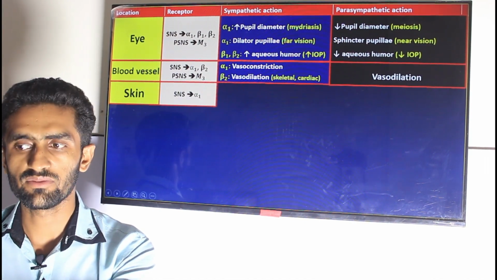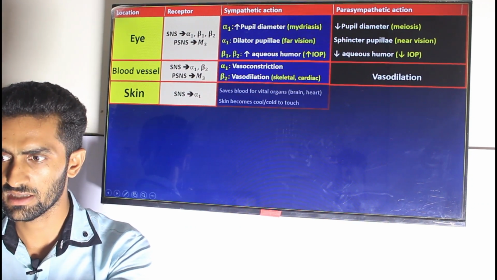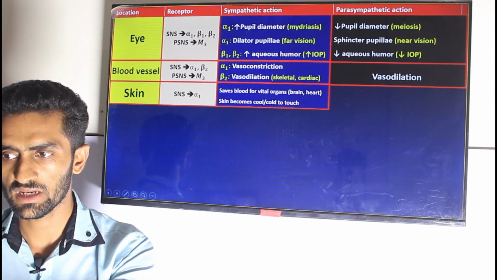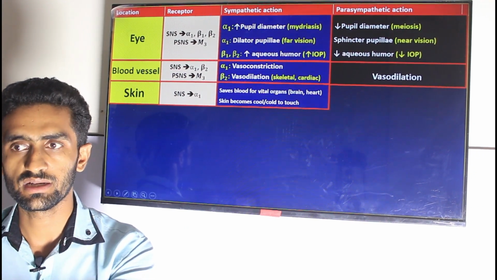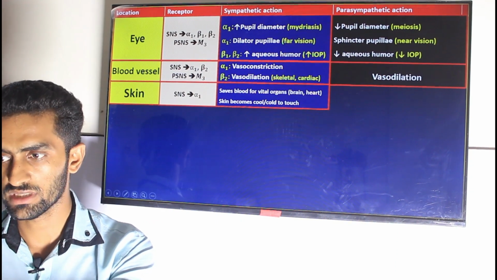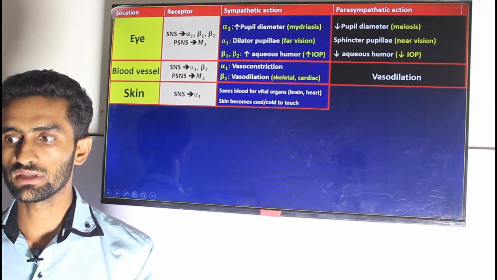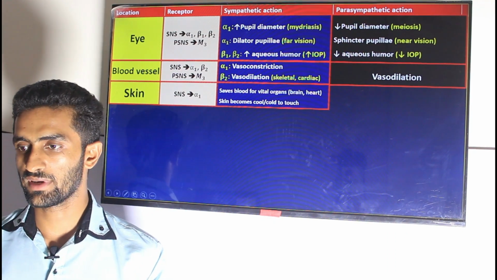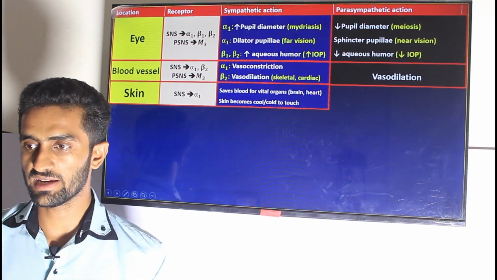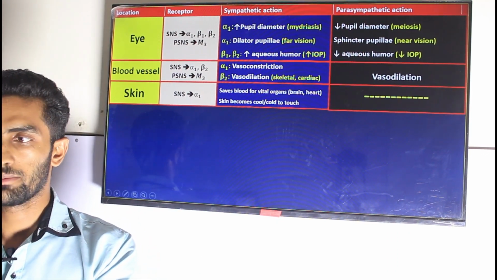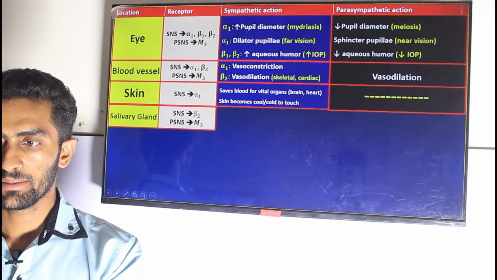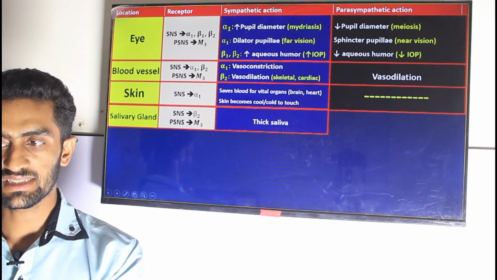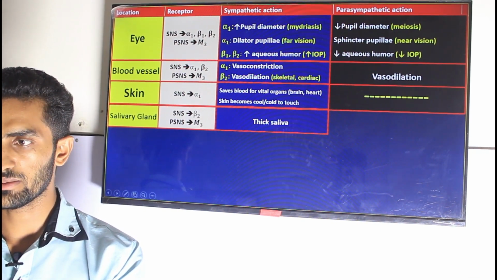In the skin, alpha 1, only the sympathetic. So it saves the blood for the vital organs, brain and heart. So the skin becomes cool to touch. The parasympathetic has no effect. In the salivary gland, beta 2 and M3: beta 2 gives thick and viscous saliva for the sympathetic,